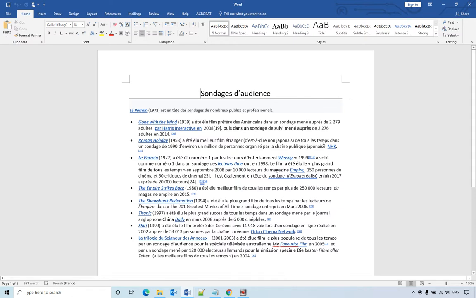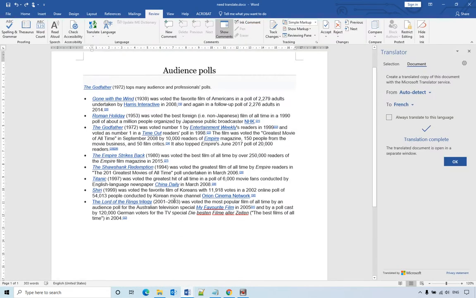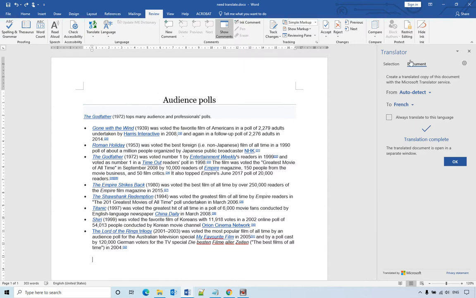But if you are using the online version of Microsoft 365, when you try the document transfer option, it will generate the French version directly within this document. That means it will replace the English version. So after you save it, you cannot find the English version anymore because it's